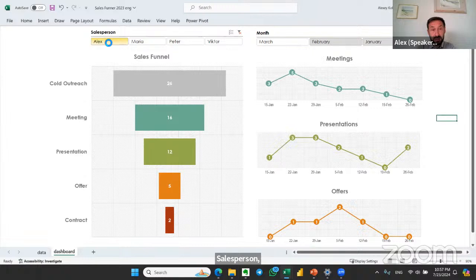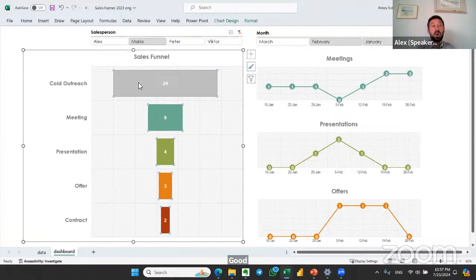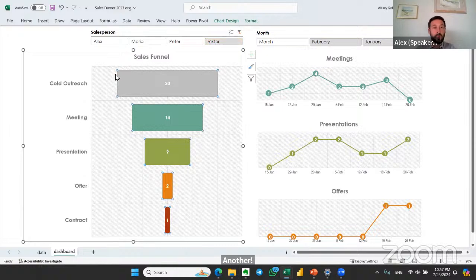The same result, 2 contacts, but we can see that she has good conversion from meetings to presentations, offers, and contracts, but bad conversion between cold outreach and meetings. Another person has the opposite problem: good conversion from outreach to meetings and presentations, but low conversion to offers and contracts.